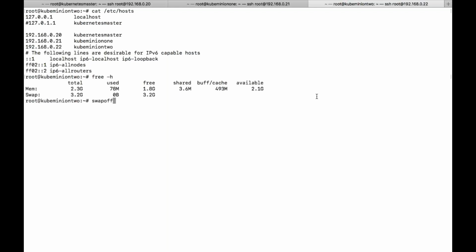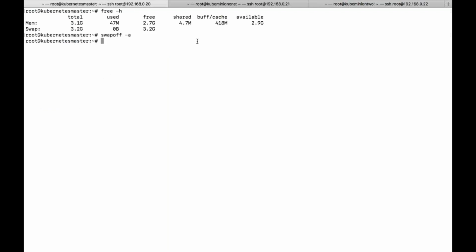So on all the nodes, I have disabled the swap memory temporarily. In the sense, if you reboot the server, again the swap memory will be enabled by default. So I need to disable it at boot time. I want to permanently disable the swap memory so that from the next time it will not show you the swap memory.